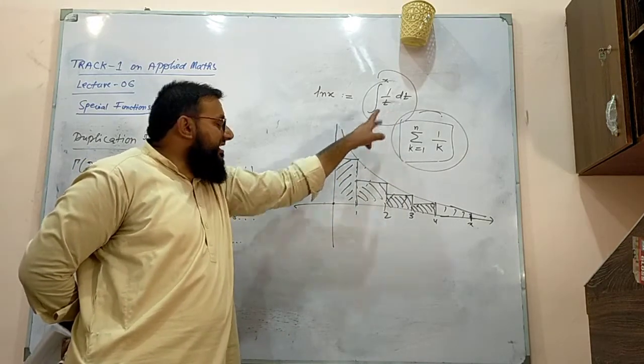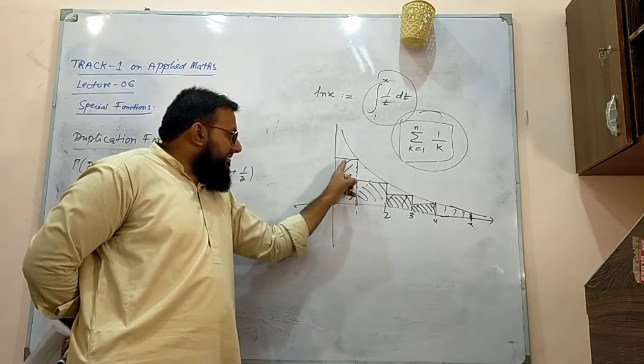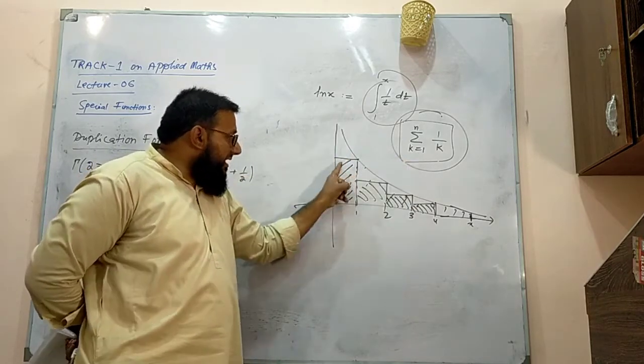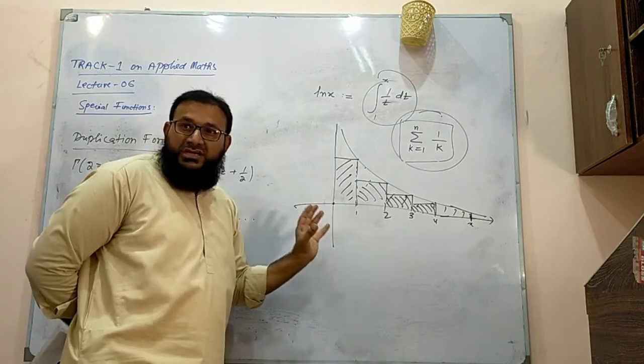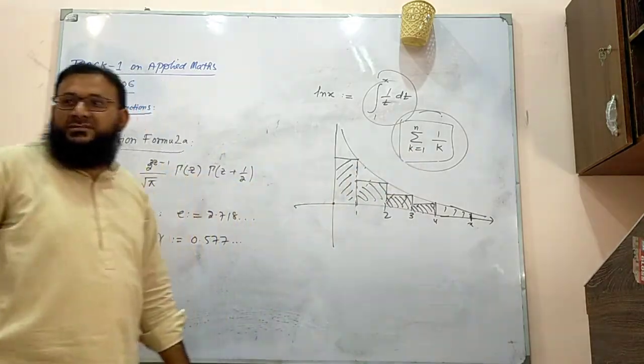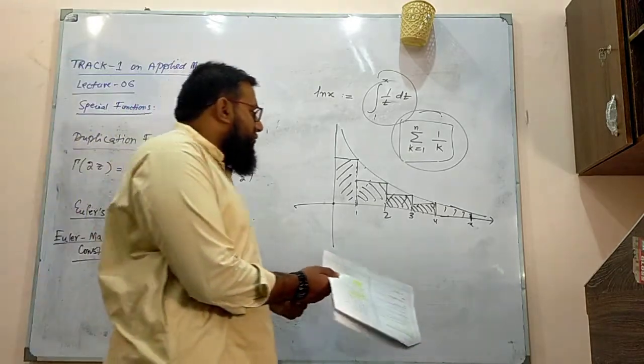The problem is this area starts from 1 and this portion is not included in this area. But in this particular area, this whole portion is included at first. Then seemingly this area is bigger than this area. So what we do basically,